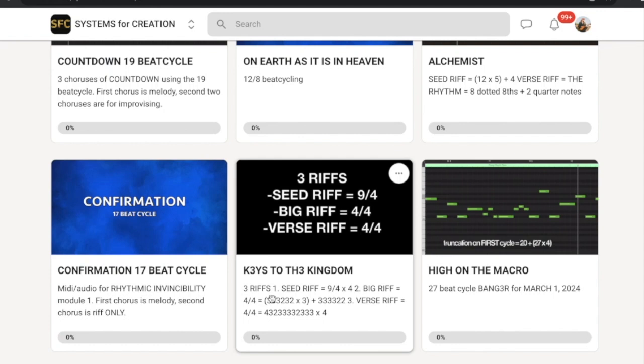So here's a really good basic summation of what you're thinking of here. This song, Keys to the Kingdom, is a total of 4. And then riff 2 is the big riff, which is in 4/4, right? So this one's going to be in 4/4. If you know the fundamentals of rhythmic framework, you see what that is. That's so classic, that's hilarious. And then it's times 3, right? And then you need one more to complete it, because this is...